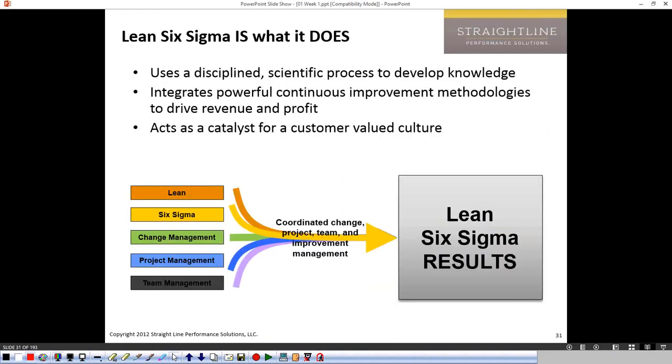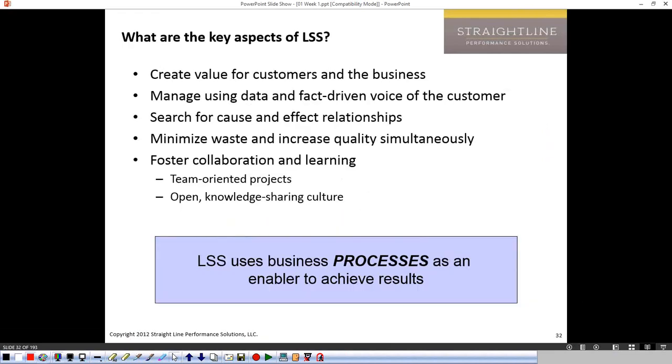This is an interesting quote as well, but we're going to move past that, and we've seen those. So let's talk about what are some of the key aspects of Six Sigma. From a very high level, and we talked a little bit about this, Six Sigma is about a lot of these different things. One,